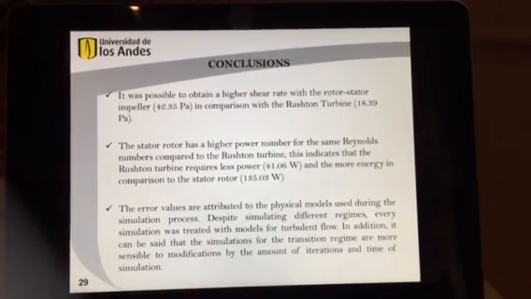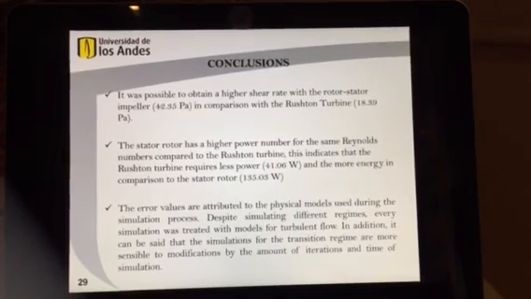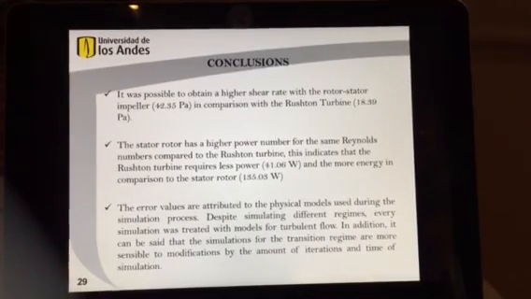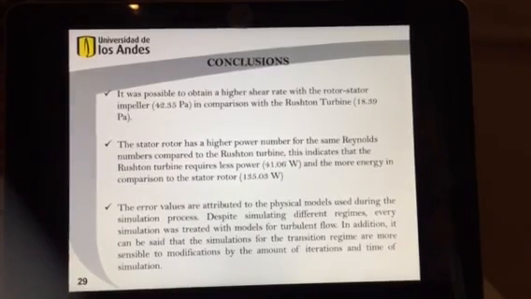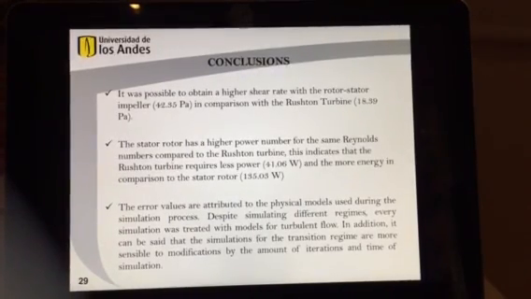This indicates that the Rushton turbine requires less power and more energy in comparison to the stator rotor. By taking into account the main objectives of the project, which was to generate a greater cutting